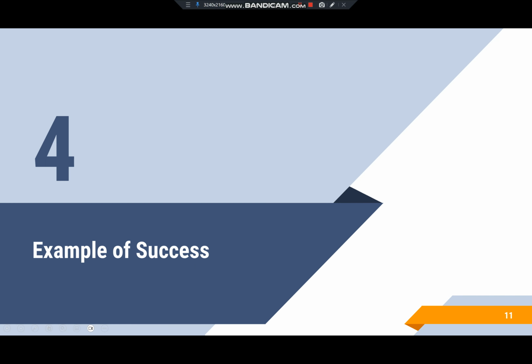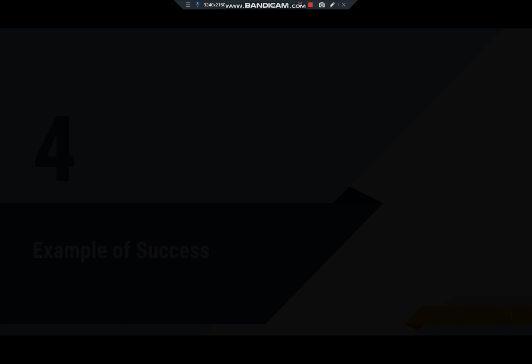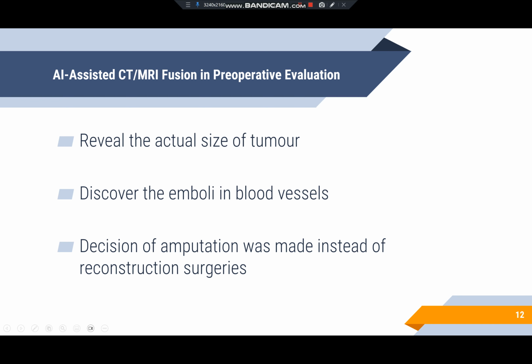And here is an example of success. As a paper by Dr. Du suggested, there's a case of suspected bone metastasis of a 13-year-old patient. Three imaging modalities, X-ray, CT, and MRI, were applied individually around the site of interest, where CT successfully revealed the bone lesion, and the MRI created a mixed signal on the huge mass in the